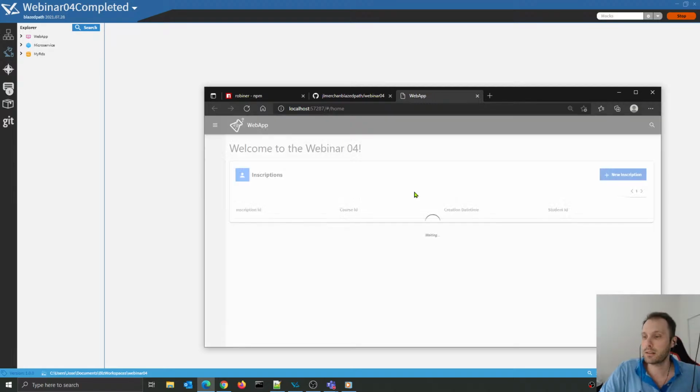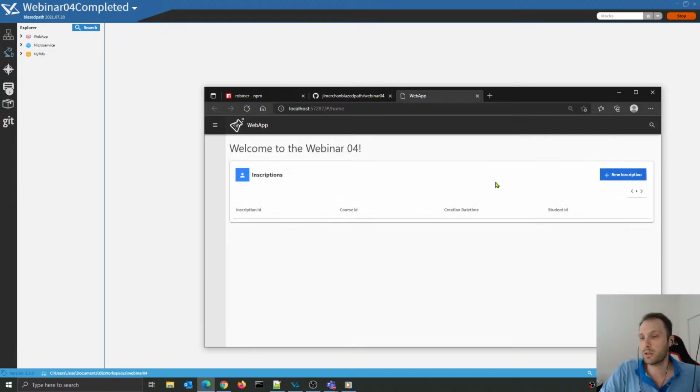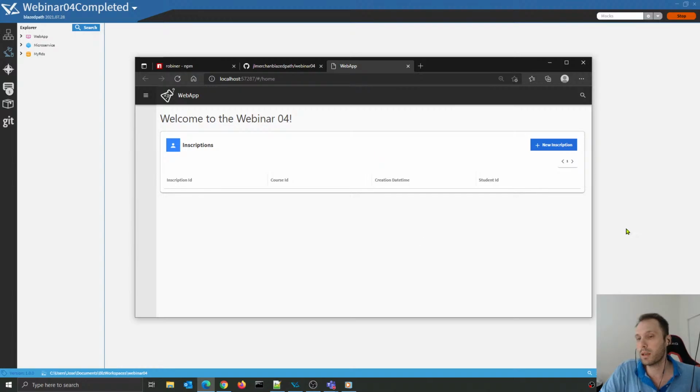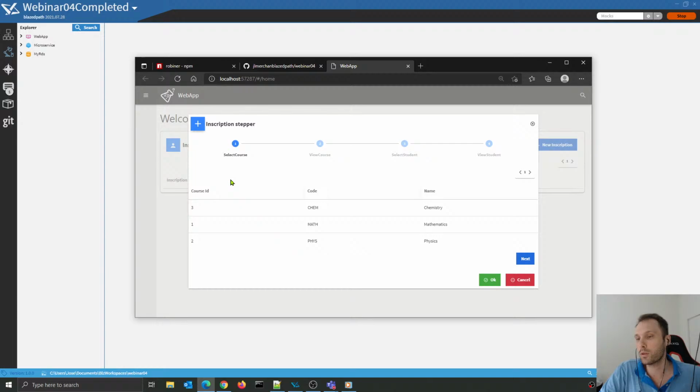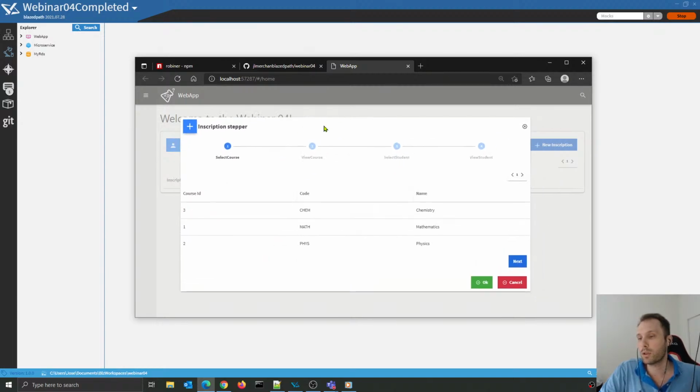And this example comprises a table, which right now is completely empty. And we have an action here. We're going to launch the action. It's going to open this window, which is basically a stepper. This is a very simple process with 4 steps. Here we are basically inscribing a student in an education